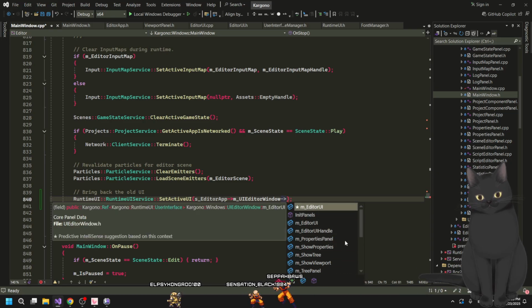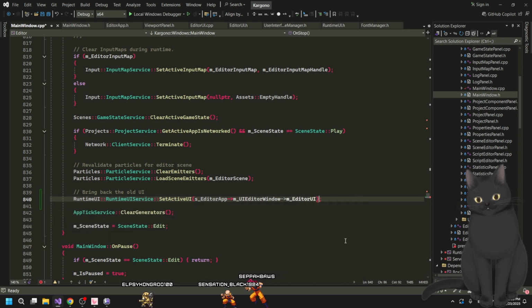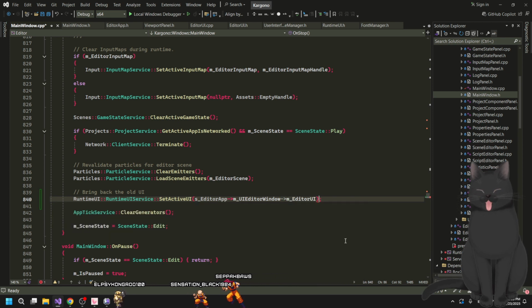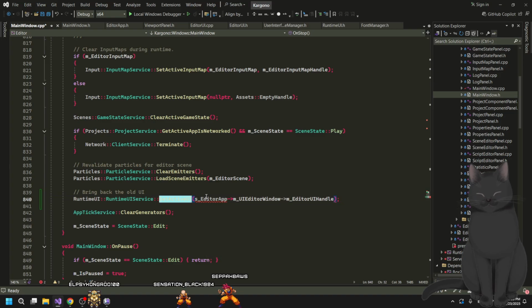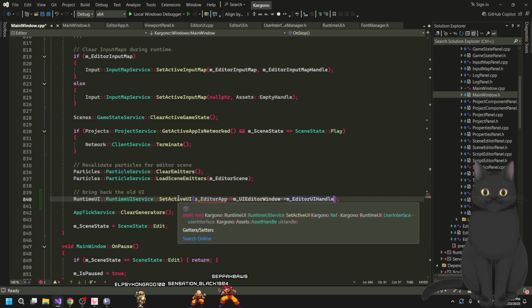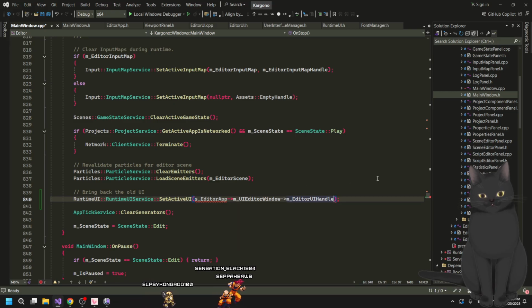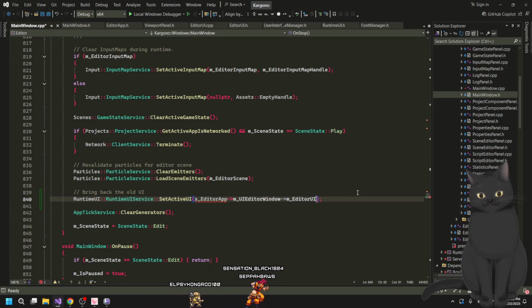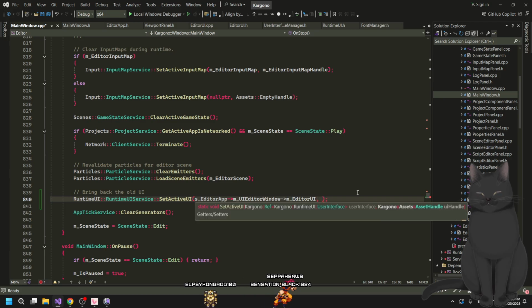Editor UI. Yeah. Maybe I'll put the handle. No, wait, actually, yeah. Set active UI. Oh no, we provided both. Okay, so we do editor UI, and then